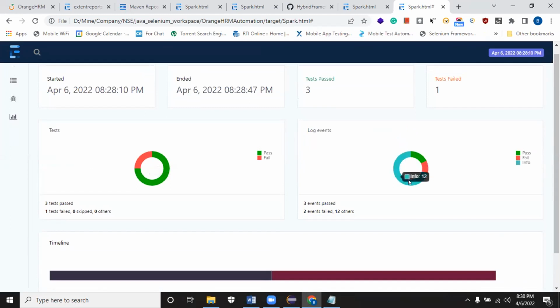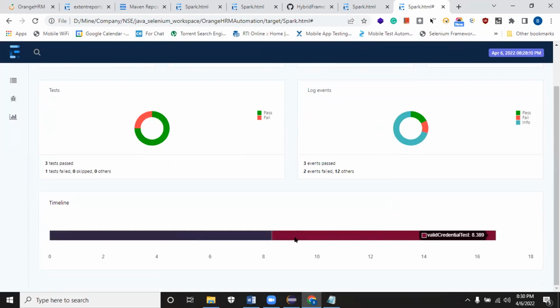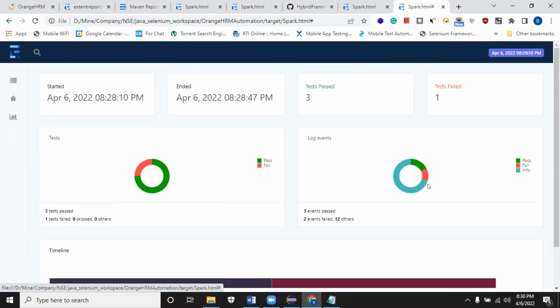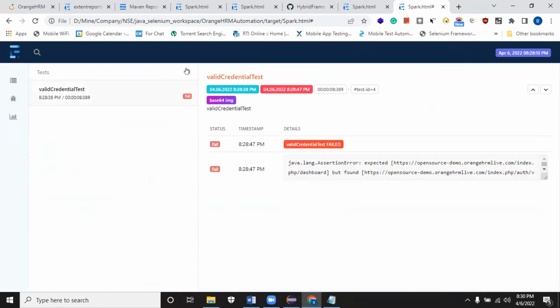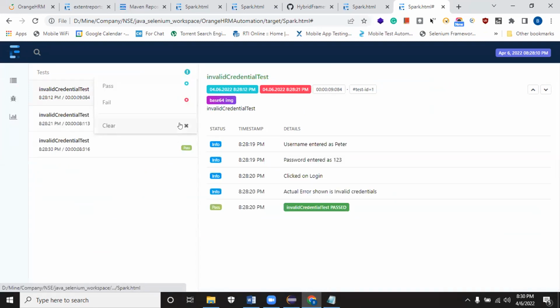Okay, log events, in which method we are adding more logs. This detail and all this successful detail. This dashboard report will also be there in this. This you can try generating and check it. Filter will be there. If you want to filter fail, you can choose fail, or if you want to filter pass, you can choose pass. Otherwise, clear, and all these things will be shown. Image will be embedded here. Okay, fine. So that's it about the extend report.